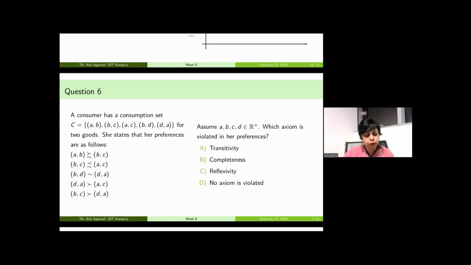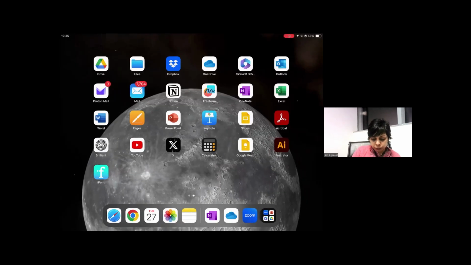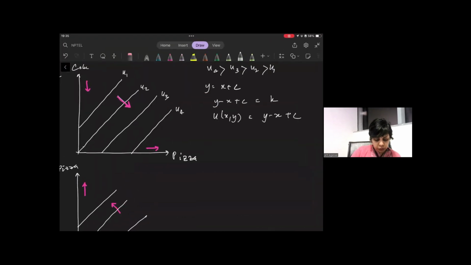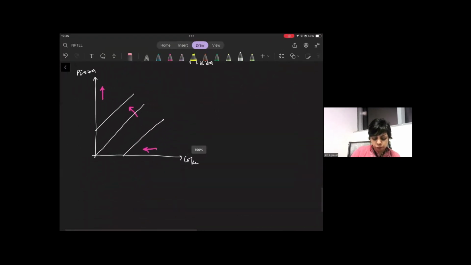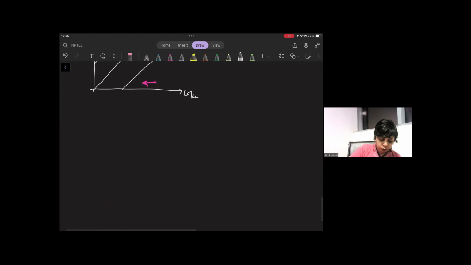Actually, Professor Vimal took an example very much like this in the class. So it's not an entirely new question or concept. I'm just writing down the same question here, or what is given in the question here. It's question number 6. You're given a consumption set